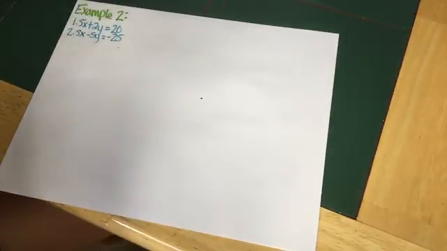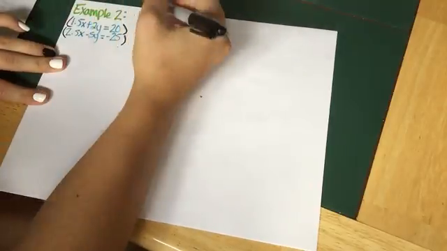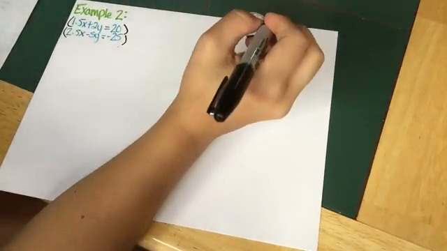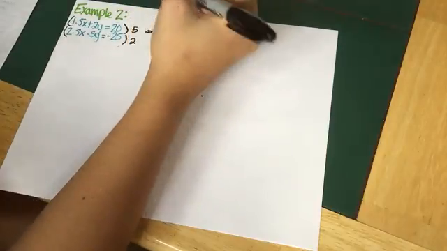Okay, example 2 is a little harder. You have to multiply to get across. So here you can multiply the top one. We'll subtract the y's out in this one. So you go times this one by 5 and times this one by 2. And they turn out to be